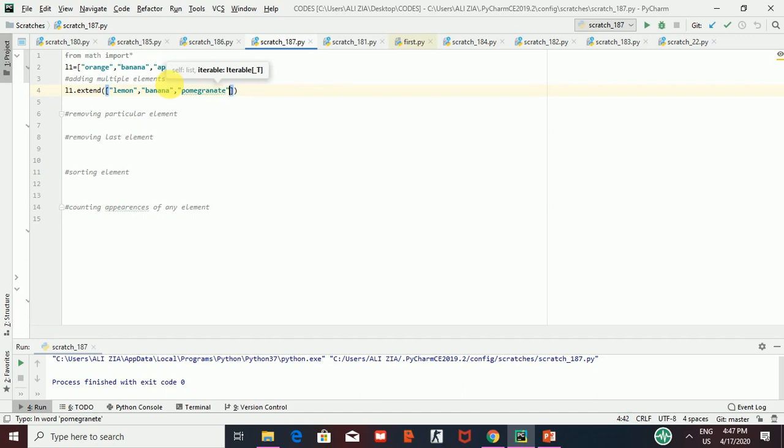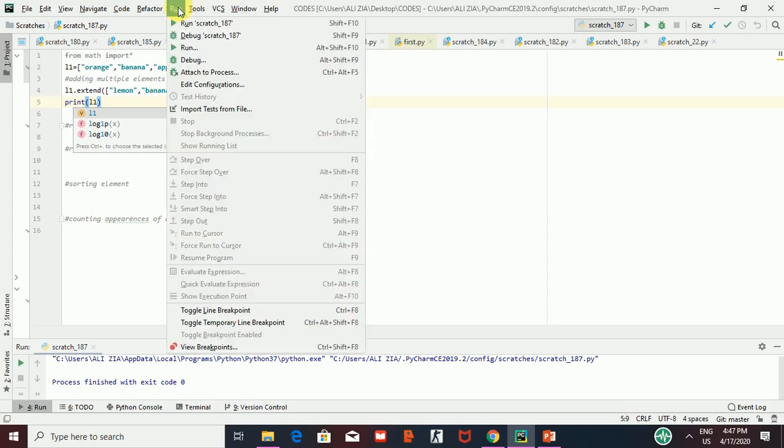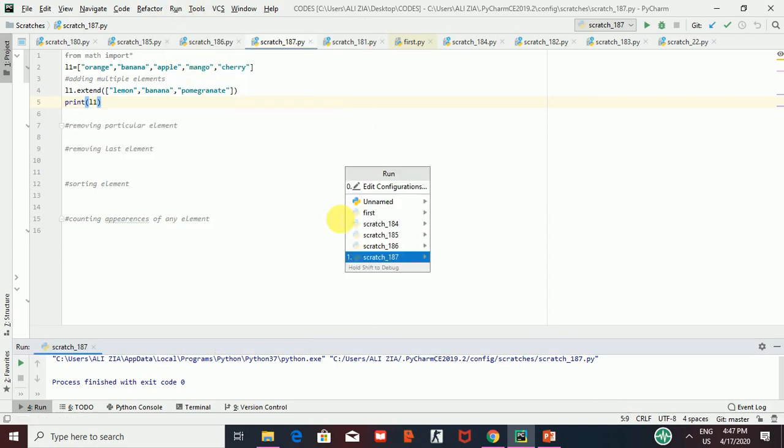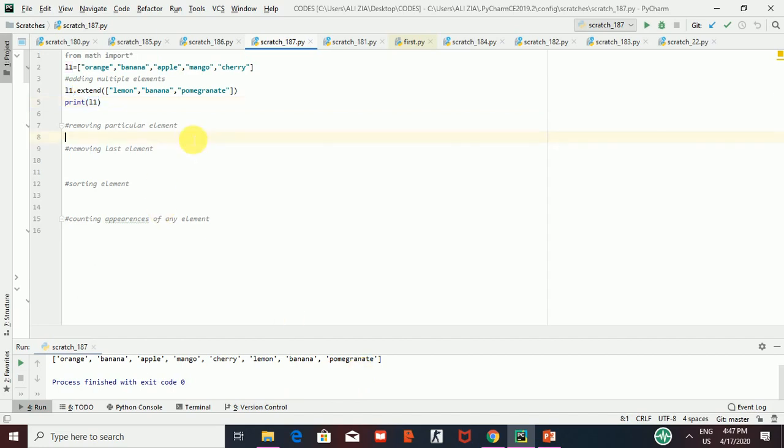Here I have written this. Now I am going to print L1, and you will see what happens. I am going to run this. Here you can see lemon, banana and pomegranate. All 3 items have been added simultaneously in the list. So this was my first attribute.